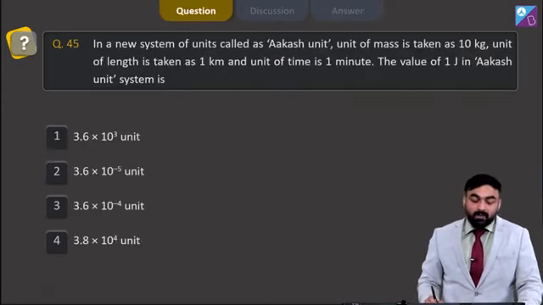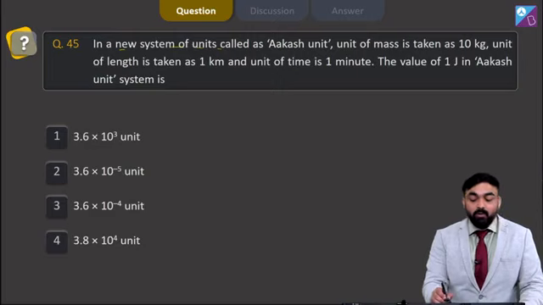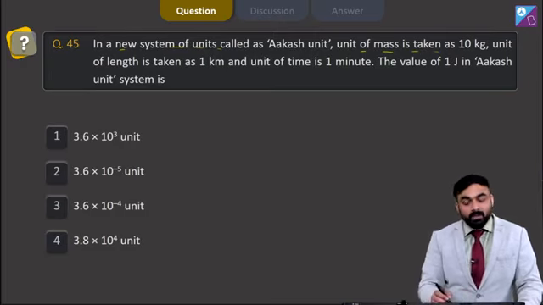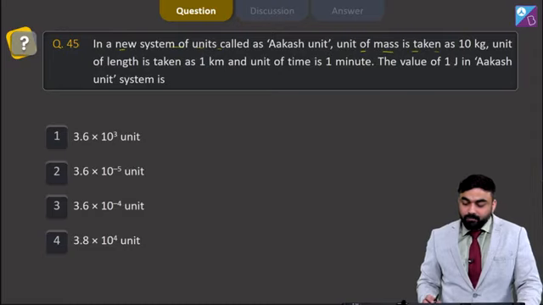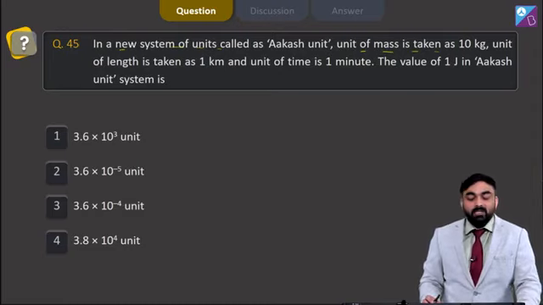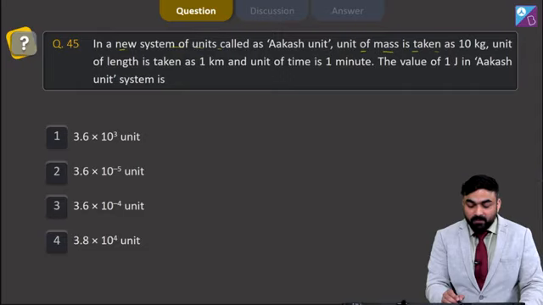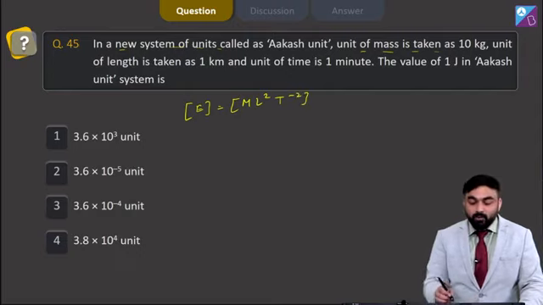Now, question number 45 says, in a new system of units called Akash unit, unit of mass is taken as 10 kg, unit of length is taken as 1 kilometer and unit of time is 1 minute. The value of 1 joule in Akash unit system is. So, joule is usually the unit of energy and the dimension of energy is given by ML² T⁻²,